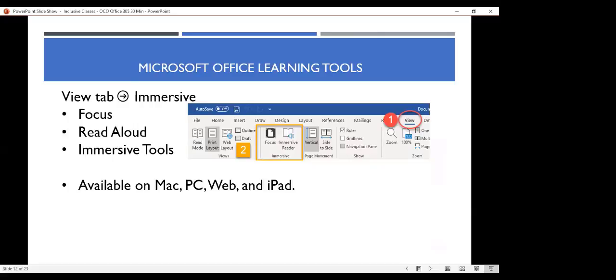And there's the option to focus, which will reduce it to specific lines, to hear the read aloud, or have the immersive tools. And again, this is available on Mac, PC, web, and iPad. So it's available for really every student. I think they're adding it to Android tablets.